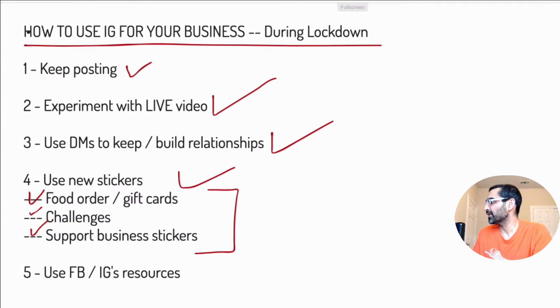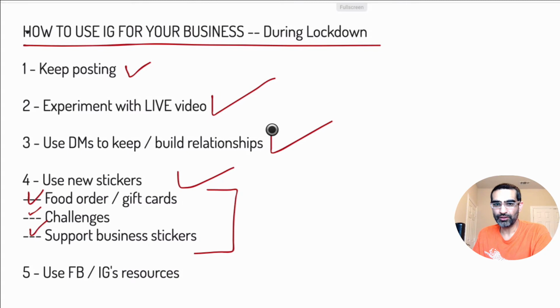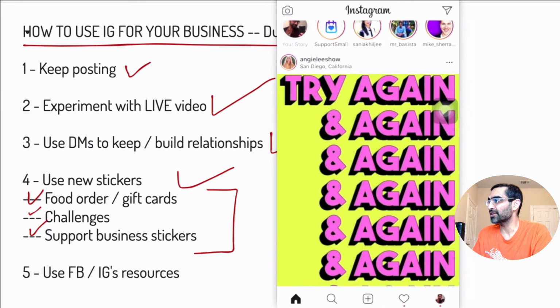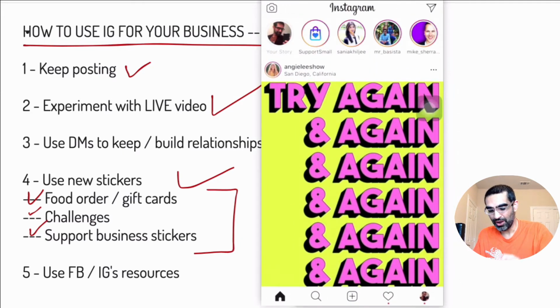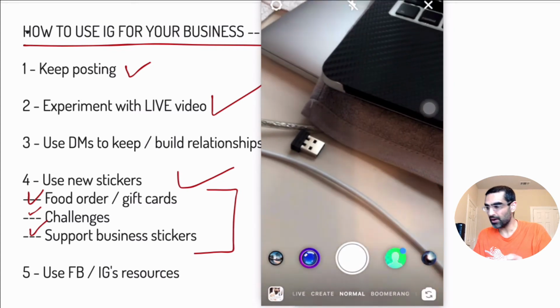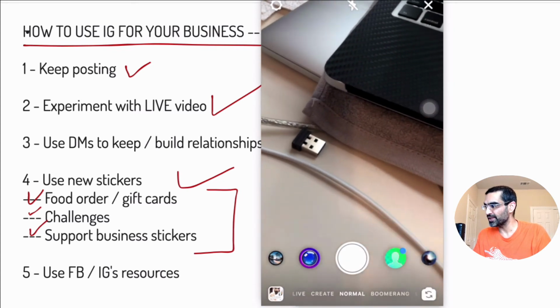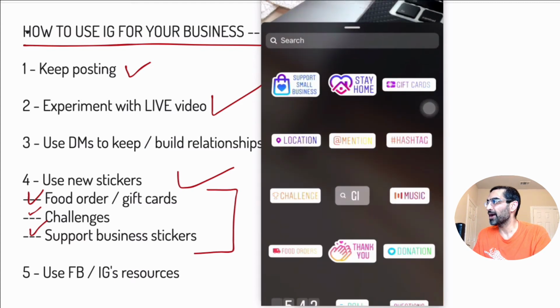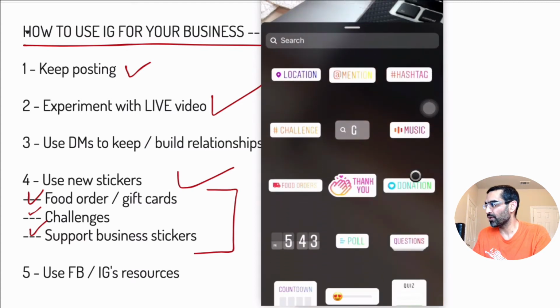Let me go back and let's resize this, and also let me show you where to go find that challenge sticker. Basically, challenge stickers are very, very fun. I would say they're my favorite right now. You can create different challenges. For example, let's go back to my stories. So this is my stories camera, and I'll just take a random picture, and let's go back to the sticker icon and look for challenges,